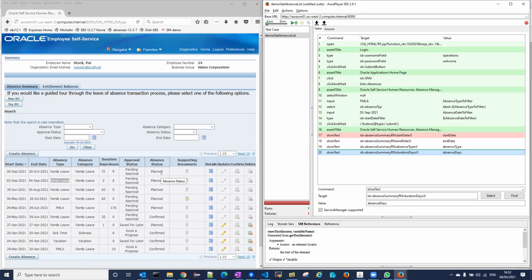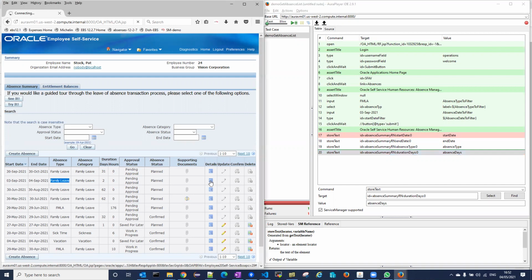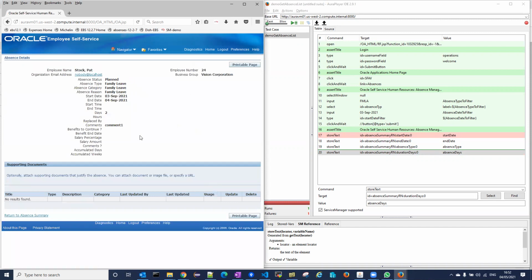That's it. Now let's demonstrate another thing that we might want to do with the table. And this is clicking on a specific row in a table to do something. For example, let's say that we want to record a service that opens this list and then presses on the view details of one of the lines. Let's say that it presses on this view details and then gets the details from this page. How do we do that? How do we press a specific line